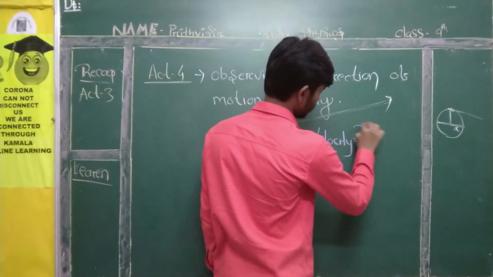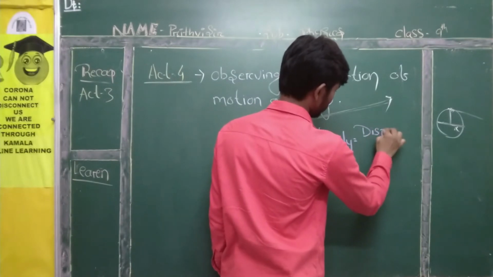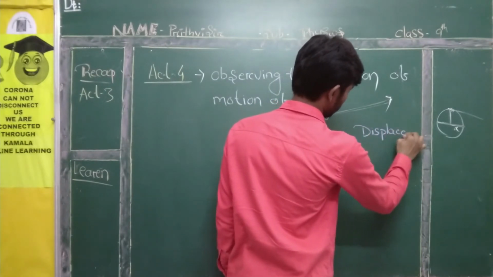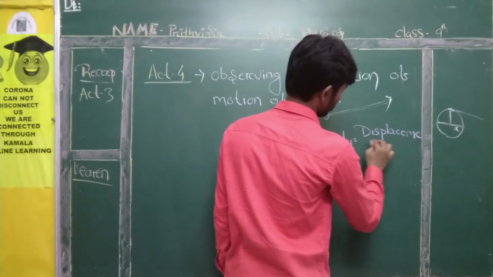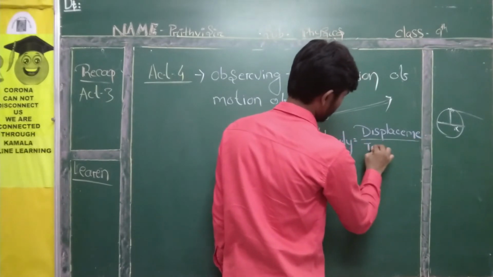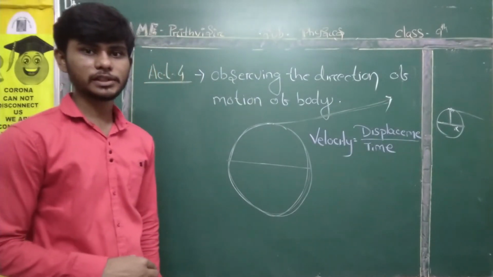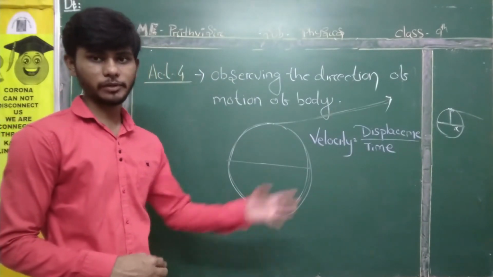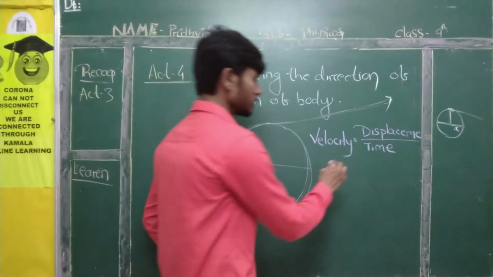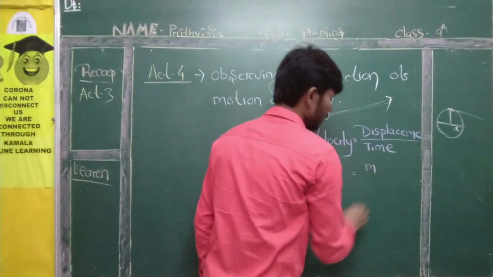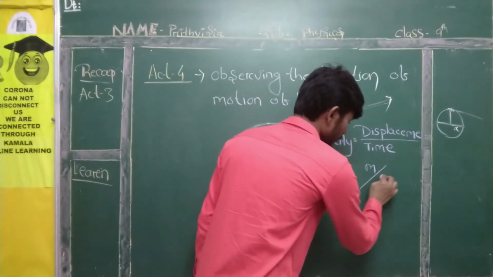Velocity is equal to displacement by time. Velocity is equal to displacement by time. Is it very clear? So the unit of displacement is meter and the unit of time is